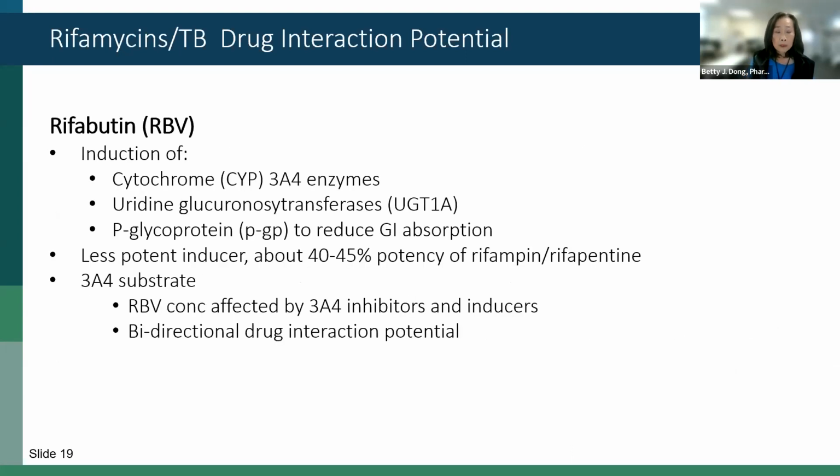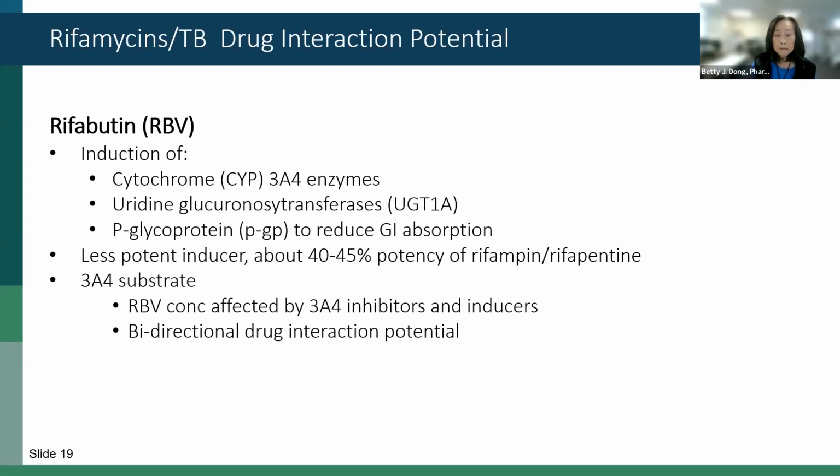Now, what about rifabutin? The induction of rifabutin on all three systems is much, much less potent compared to rifampin. It's a little bit less than half the potency of rifampin and rifamycin. But the other property of rifabutin that makes it a more common interaction is that it is also a 3A4 substrate,